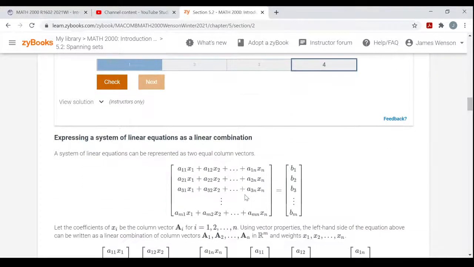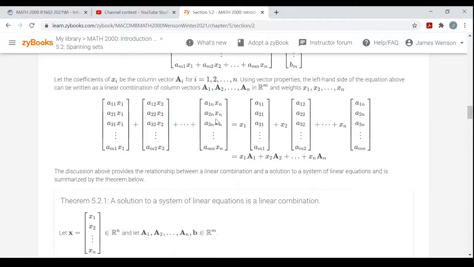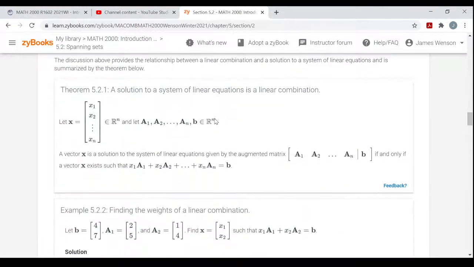Okay. So now, next part: expressing a system of linear equations as a linear combination. And I showed you one way where you had a linear combination of vectors and I expressed it as a system. This is just the other way around. So I'll just get into an example here. They've got theorems and whatnot, but